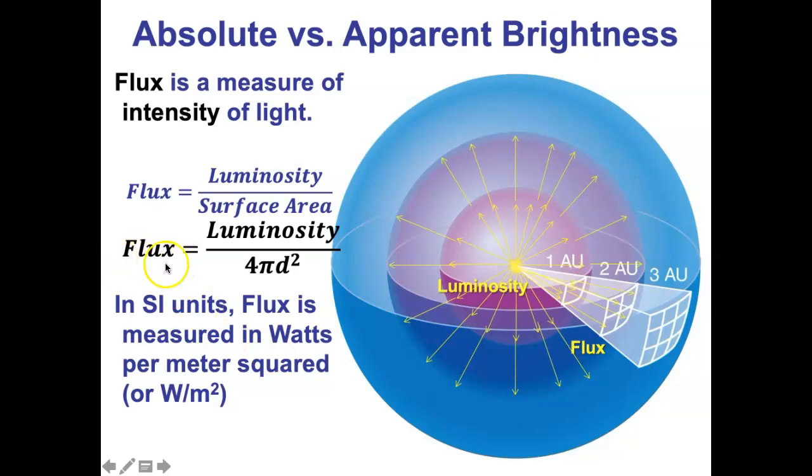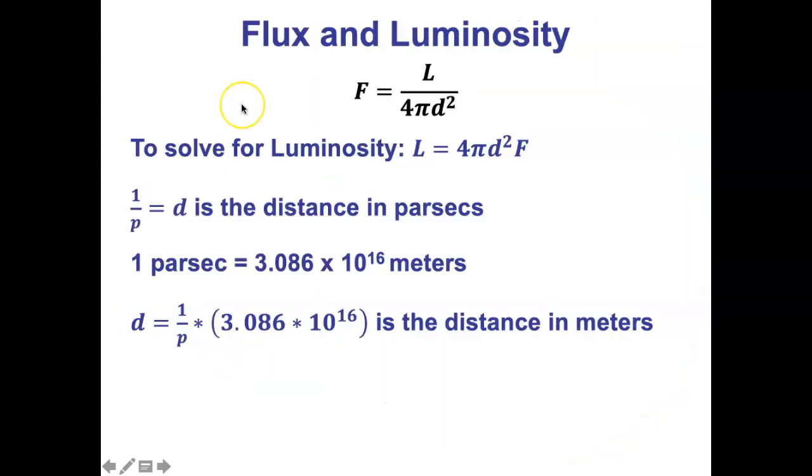So this is something we measure directly, right? You look at a star. How bright does the star look? That tells you the flux. We can figure out the distance usually by means of parallax. So we can get the luminosity. And like I said a minute ago, that's the goal: figuring out how bright the star is really. What's the actual brightness? That's the goal. So